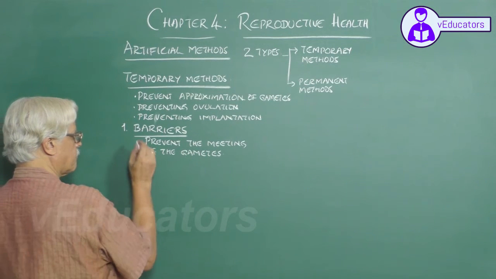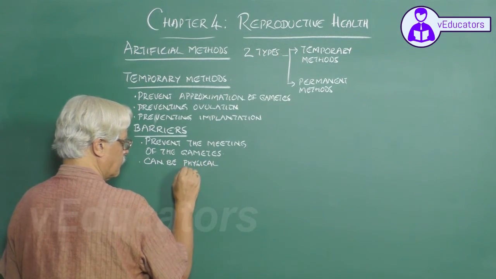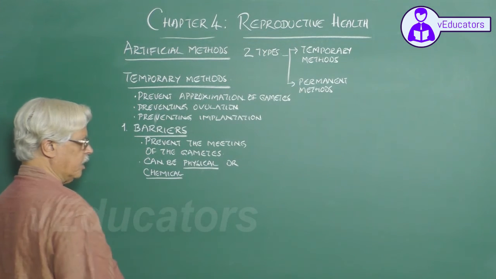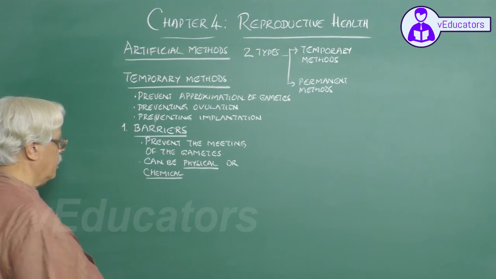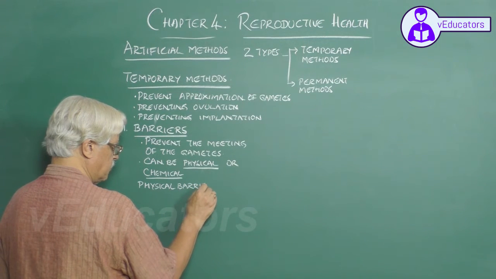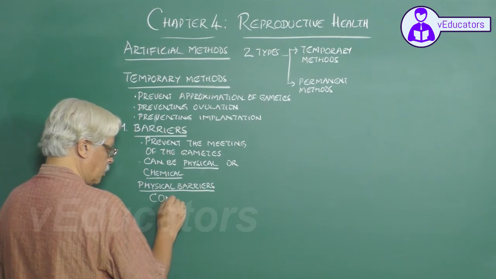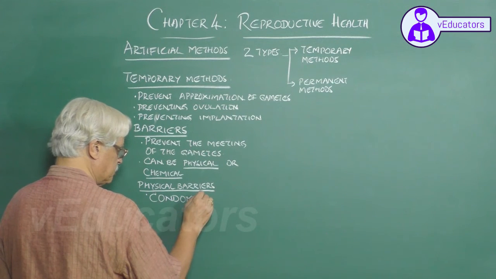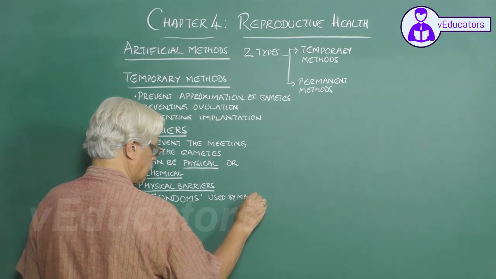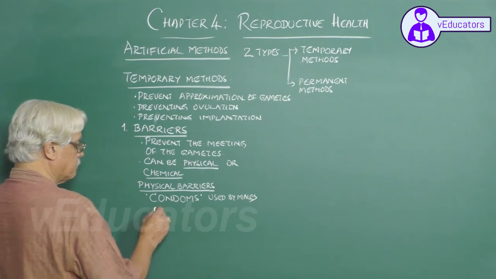These barriers can be either physical or chemical. Either physical or chemical. Physical barriers are in the form of what are known as condoms. Condoms used by males. Used by males prior to intercourse. A condom is made from